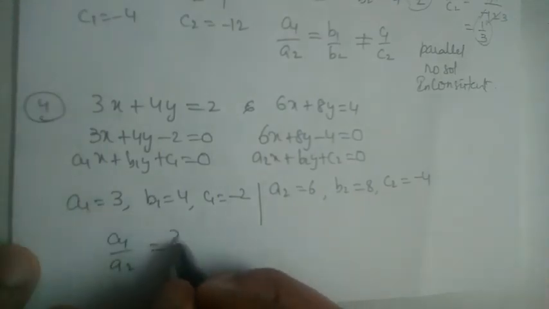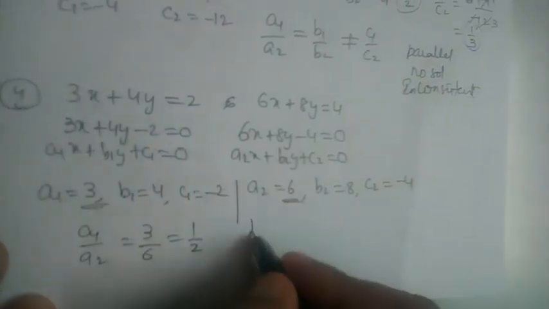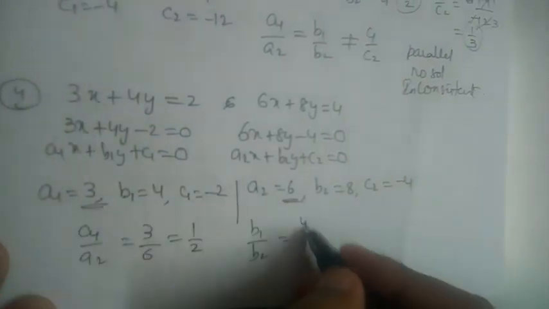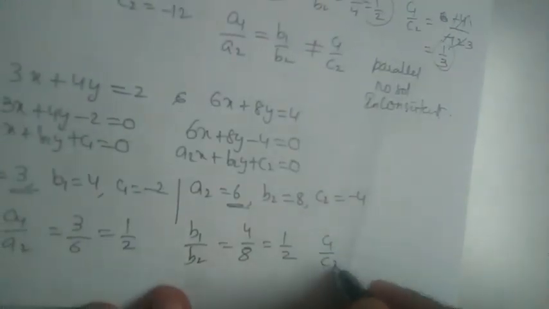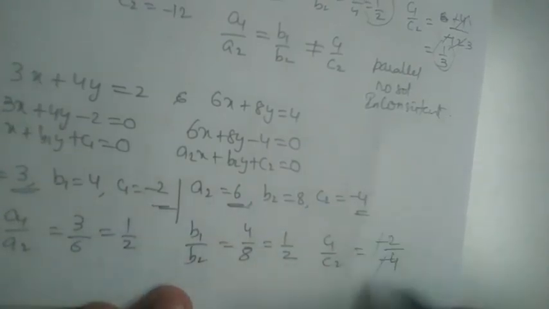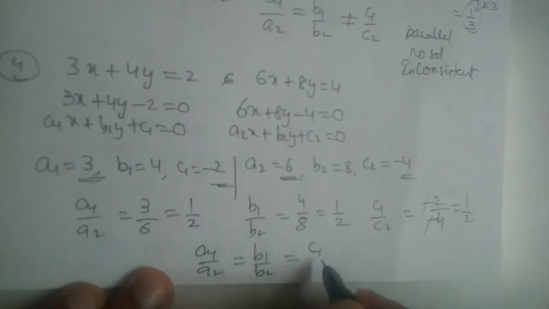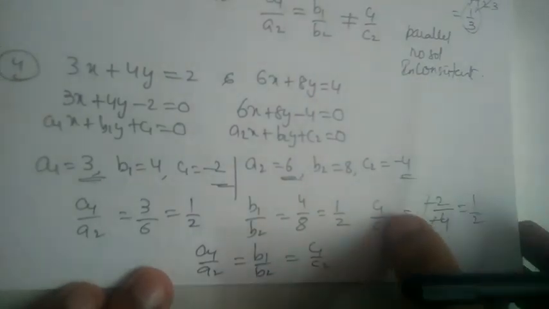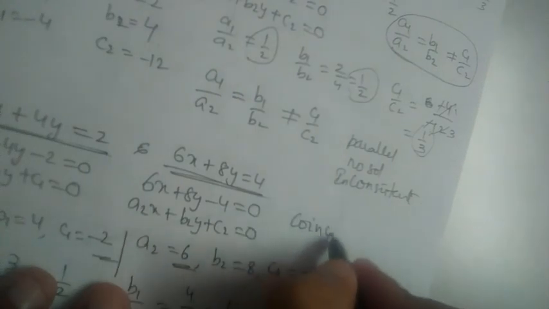a1 divided by a2, it is 3 by 6. How much? It is 1 by 2. b1 divided by b2, 4 by 8. How much? 1 by 2. c1 divided by c2, minus 2 divided by minus 4. Minus minus cancel. This is also how much? 1 by 2. Now all the three ratios are same. a1 by a2 is equal to b1 by b2 is equal to c1 by c2. Okay, when all three ratios are same, these two lines will be coincident lines,